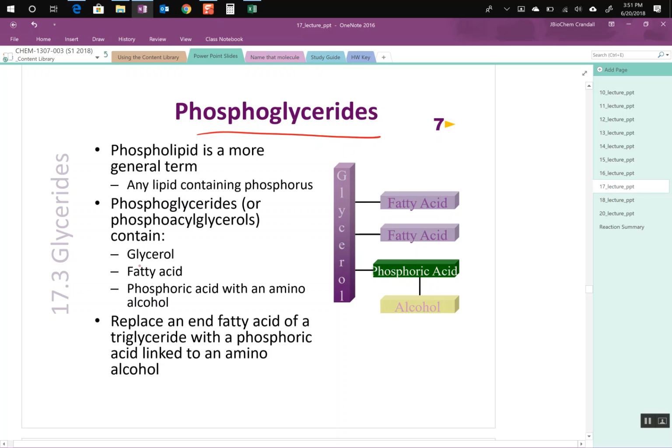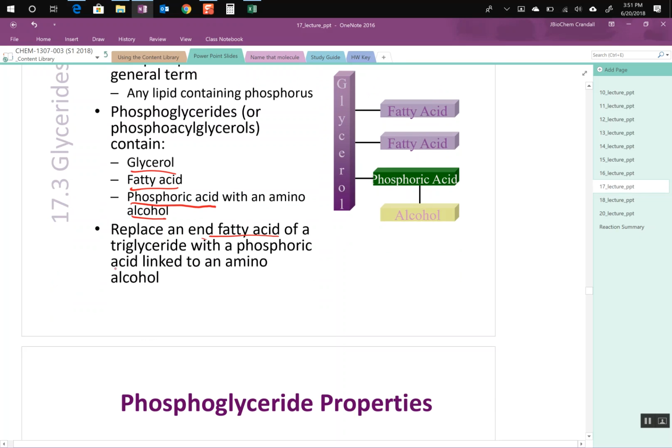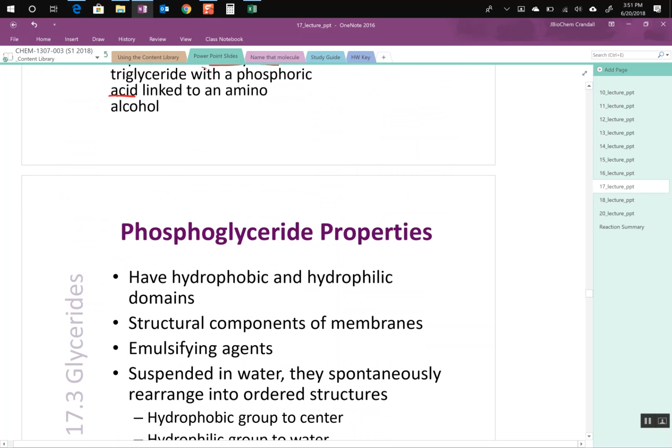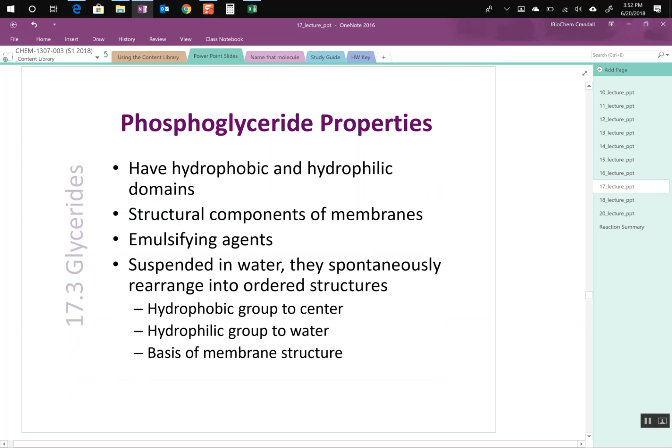So with these, you're going to have the glycerol, the fatty acids, and the phosphoric acid with an amino alcohol attached. It replaces the end fatty acid of a triglyceride with a phosphoric acid. Okay, so these phosphoglycerides have hydrophobic and hydrophilic domains, which kind of makes them like these soap molecules,